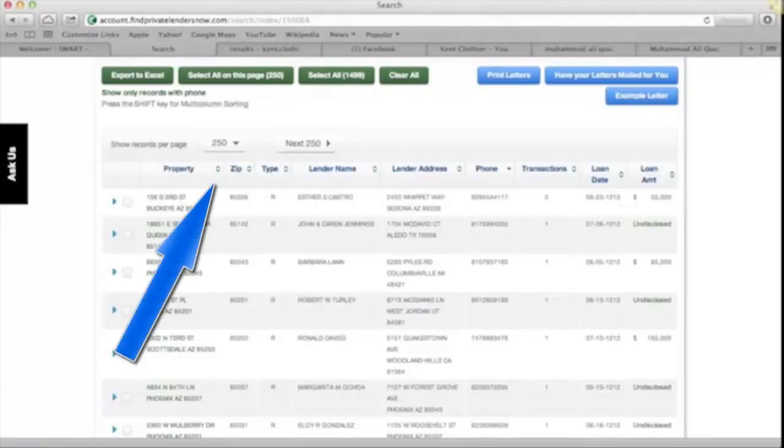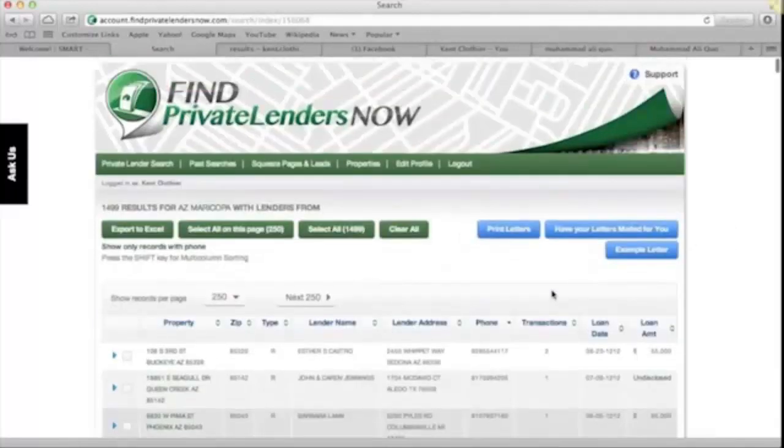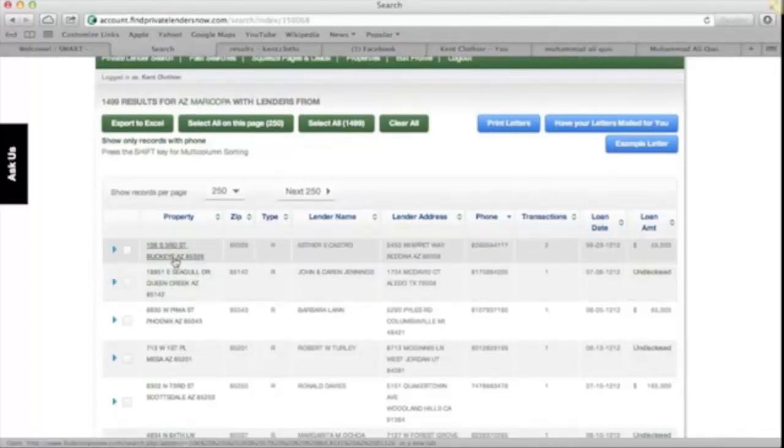So I want to look at people that are just loaning money in a certain zip code, just simply sort it right there. So just going across here, you can see real quick, it just gives me the property address, the zip code, the lender's name. These are private individuals. These are not companies. So here's this young lady here, where she lives, her phone number, the number of transactions she's loaned on in our database, how much she just loaned, and the date she just loaned it. It's pretty hardcore information right there,